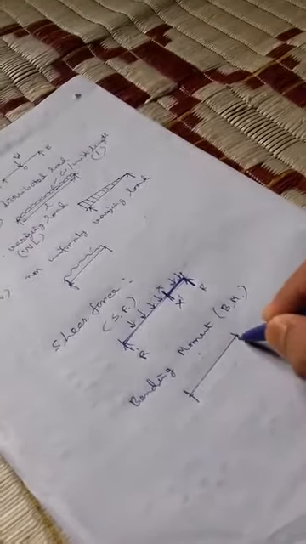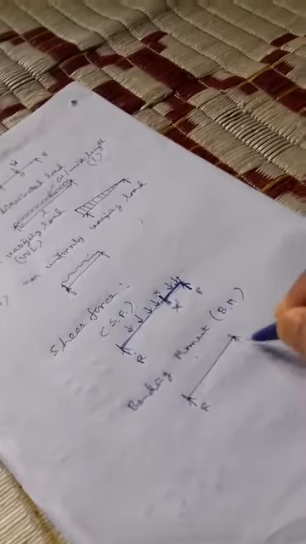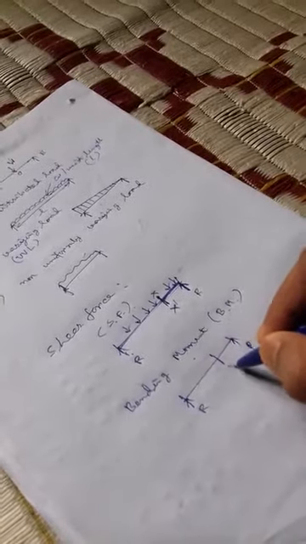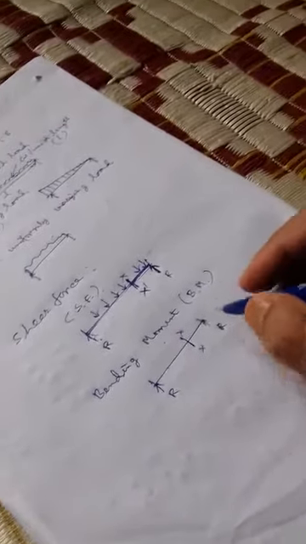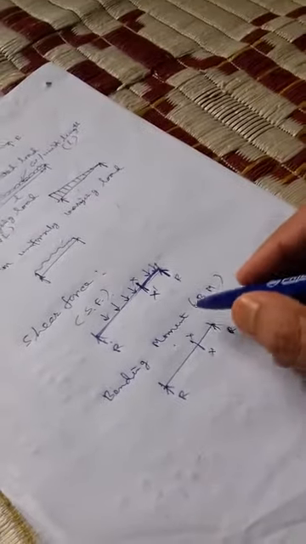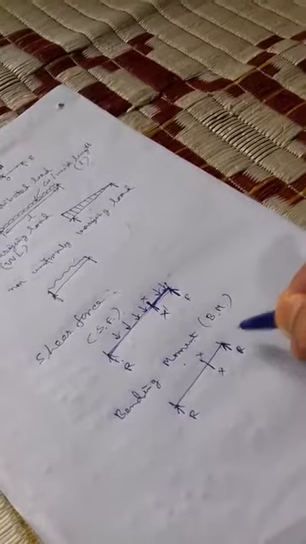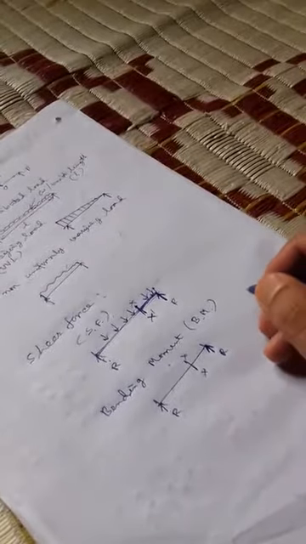This is the beam. This is the support, this is the support reaction. So this is one cross section. The bending moment at the cross section of the beam is defined as the algebraic sum of all the moments. We have learned the topic of moment; moment is a very important term. In engineering mechanics we have learned the topic of moment. Moment is the multiplication of force and the distance from a point.